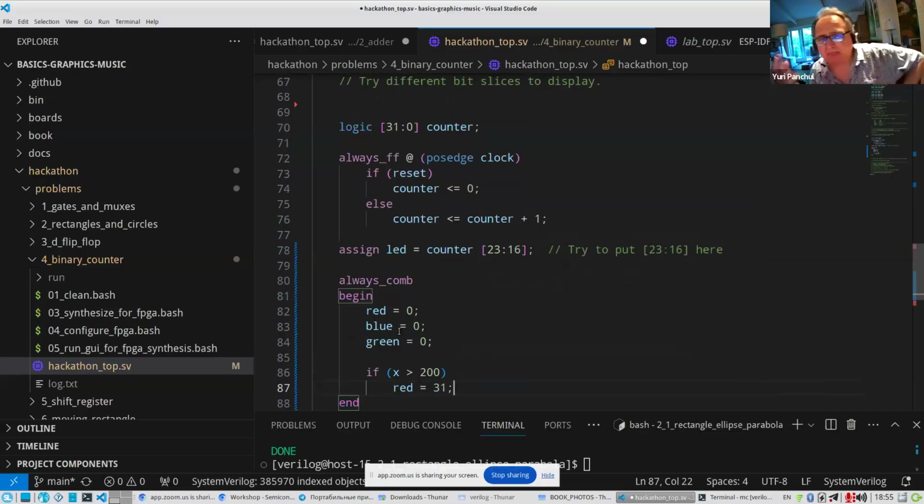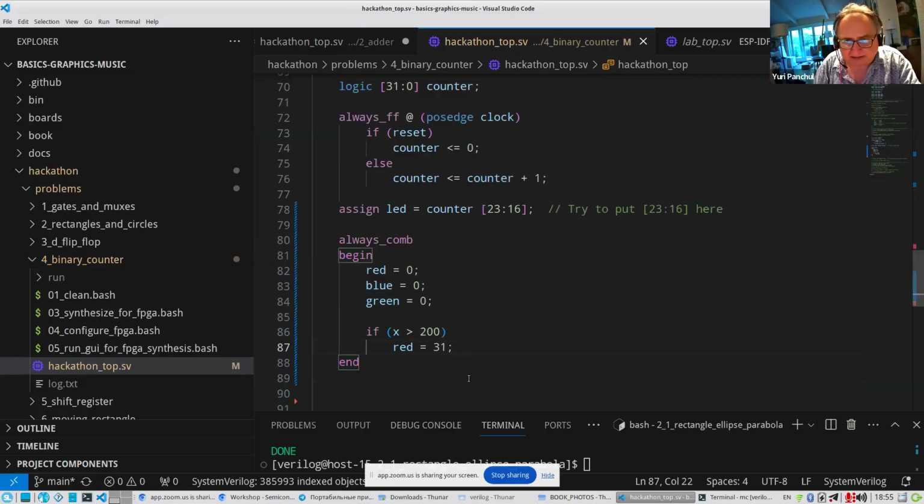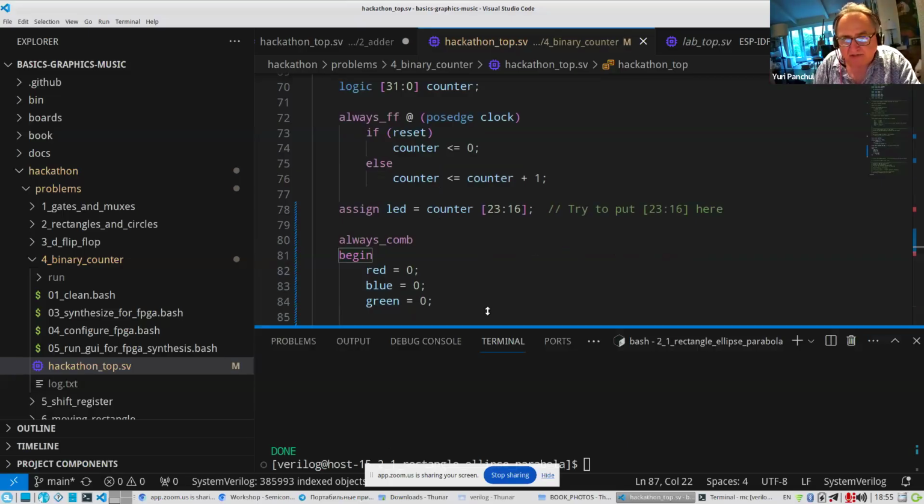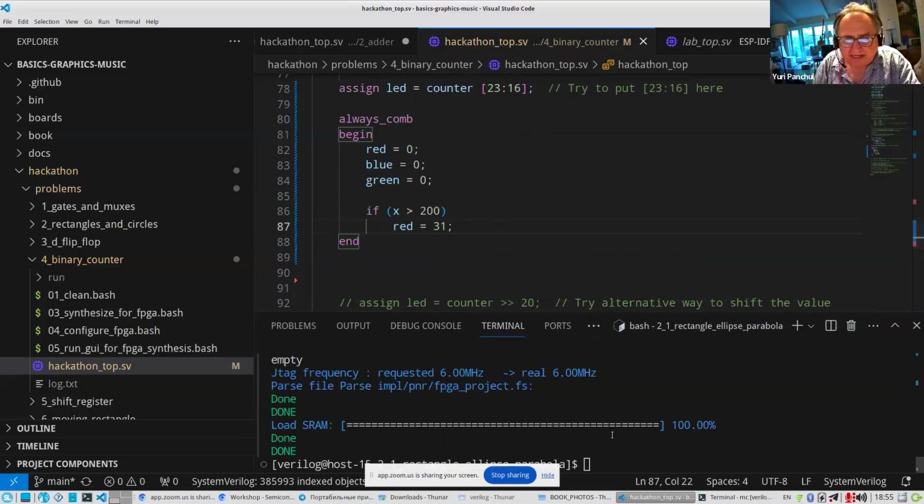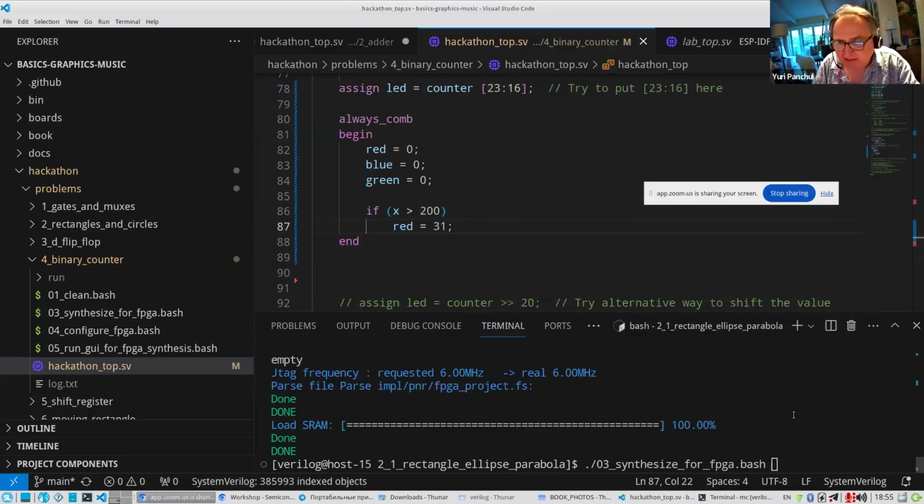So 31 is the highest number in a 5-bit channel, so this is the most red number. If you do something like this and synthesize it, you will see that part of the screen becomes red. So let me synthesize it.